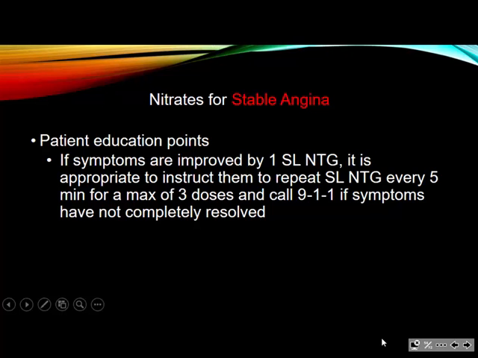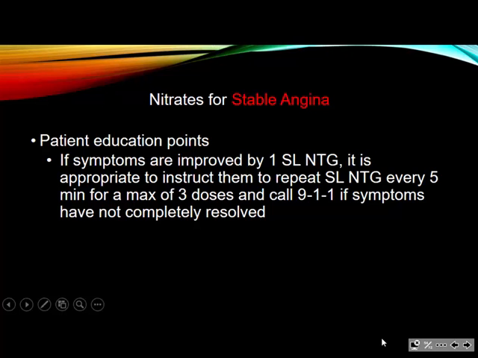And then lastly, nitrates for stable angina. We do use these for acute attacks of their chest pain. We say 1 sublingual nitroglycerin every 5 minutes for a maximum of 3 doses, which is a little bit different than when we talk about acute coronary syndrome, where we'll say 1 dose,